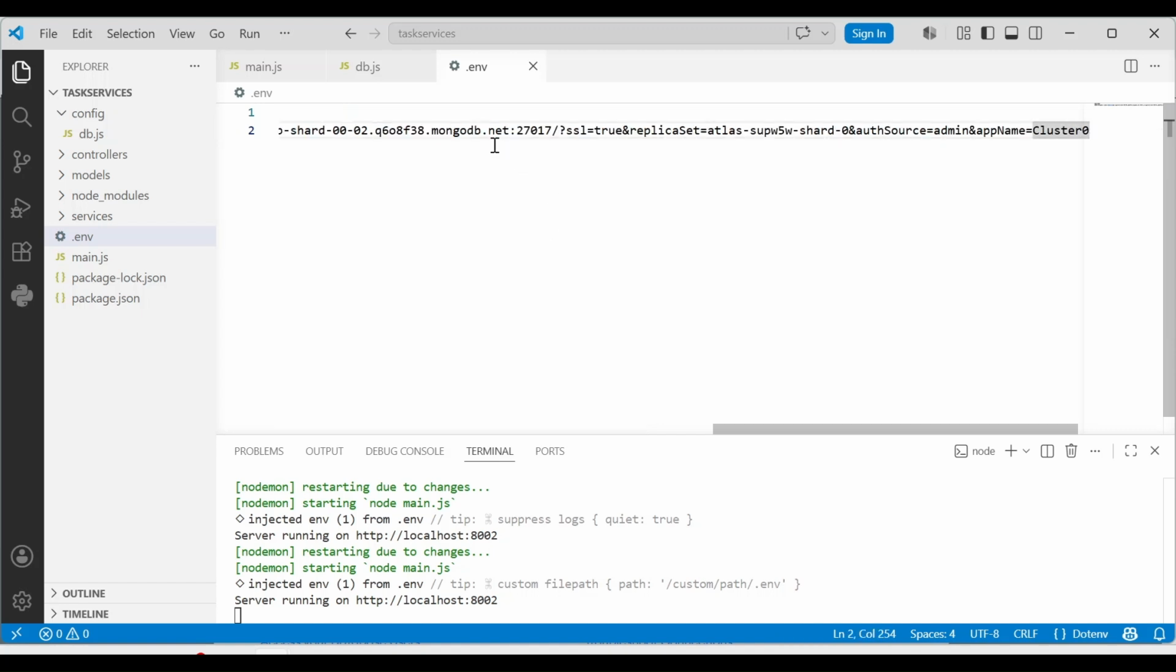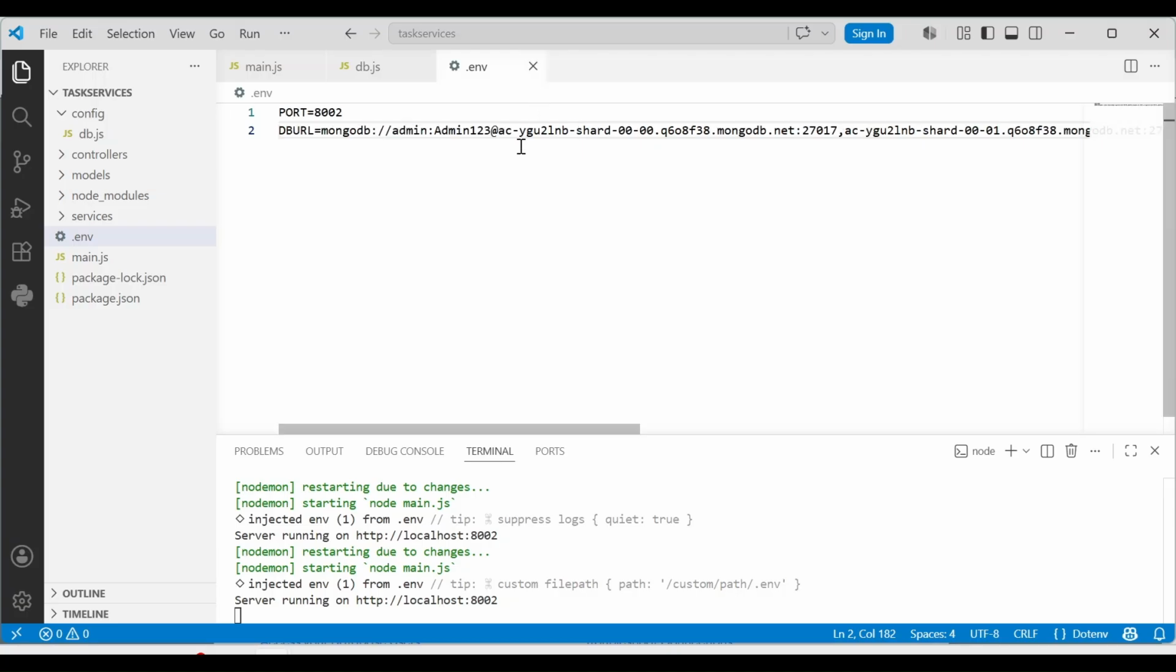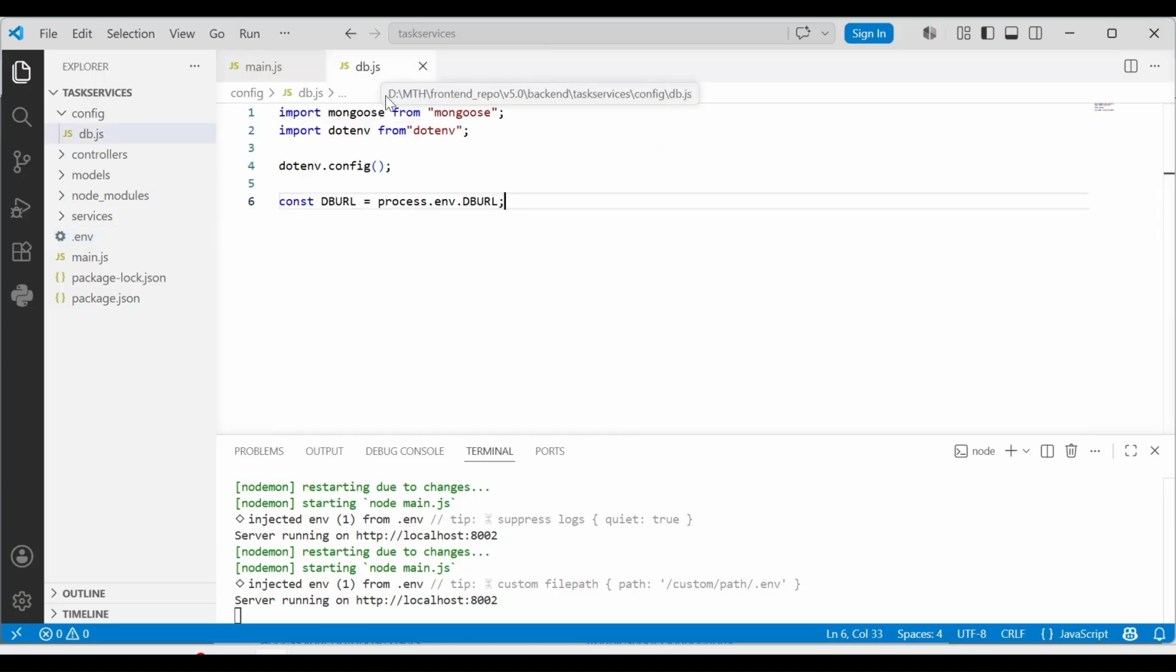Then find the question mark symbol in the connection string. In between the slash and question mark symbol, mention the database name. So let me give the database name as mth. So while establishing a connection, automatically it creates a database with the name mth. Then save and close. Go to db.js